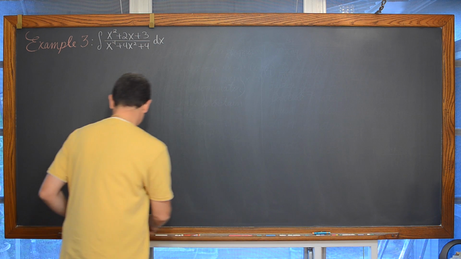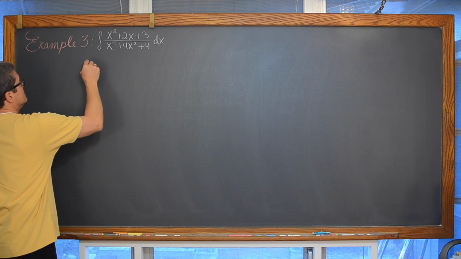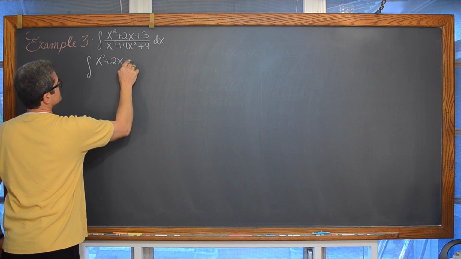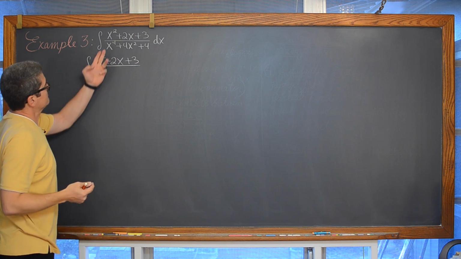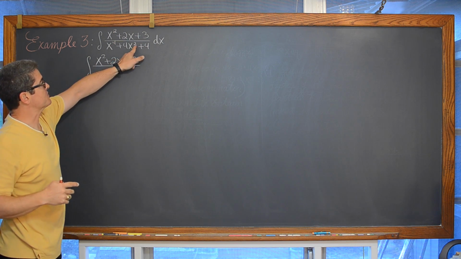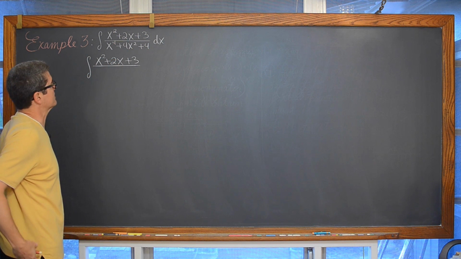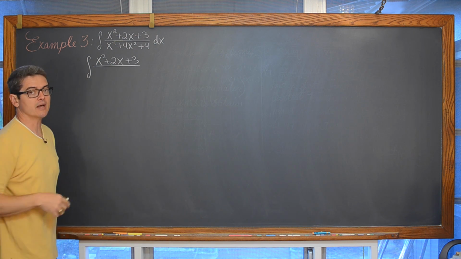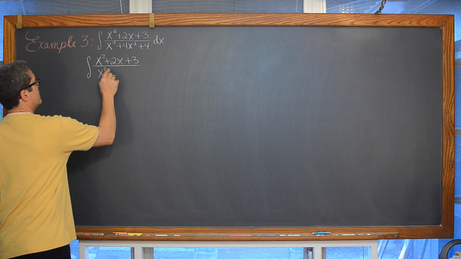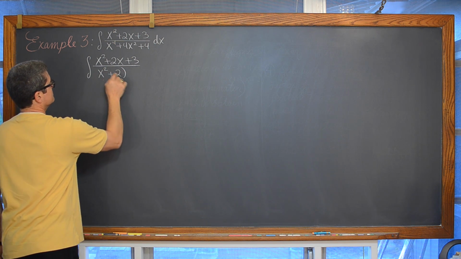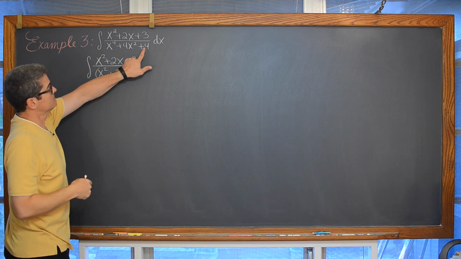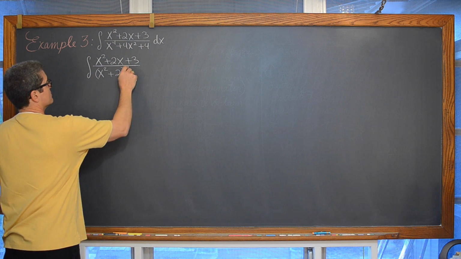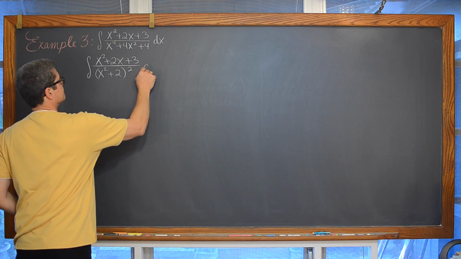We're going to have the indefinite integral of x squared plus 2x plus 3 all over... Okay, we have a power of 4, but this is a power of 2, and then we have a constant, so this is just another version of a quadratic here. We have a leading coefficient of 1, and the factors of 4 that add up to 4 are 2 and 2. So we have x squared plus 2, and we're going to have that same factor show up twice.